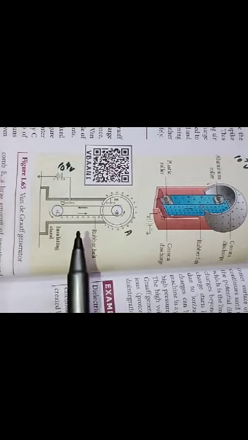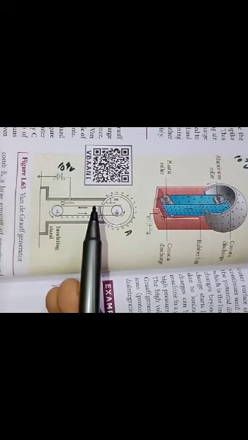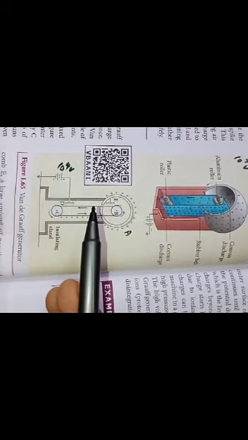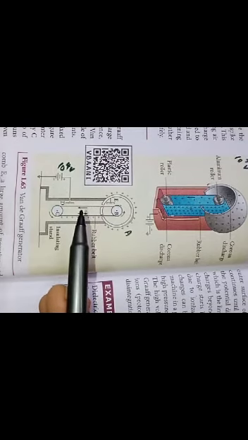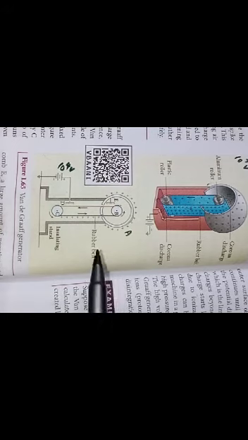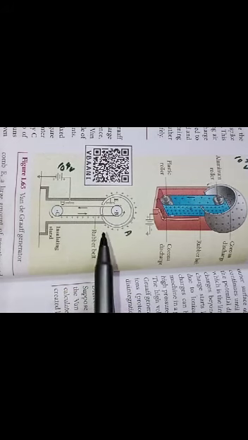The large amount of charges starts to leak to the surroundings. To avoid the leakage of charges, the Van de Graaff generator is covered by a chamber filled with gas at very high pressure. Like this, the Van de Graaff generator is used to produce a large amount of electrostatic potential, which is used to accelerate positive ions for nuclear disintegration and other applications.